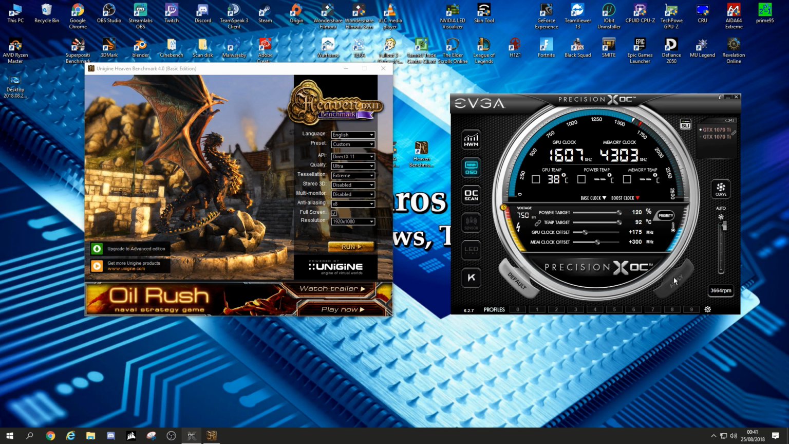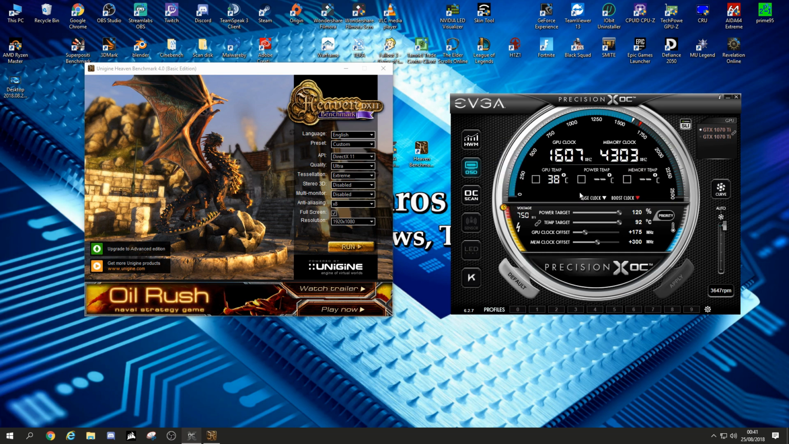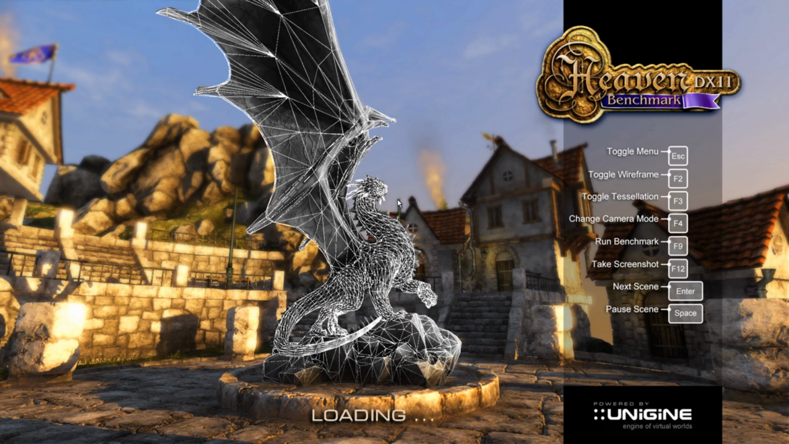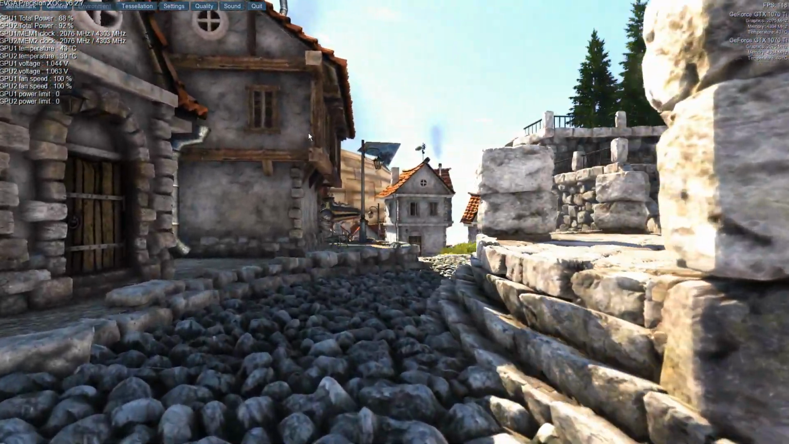However, back to this. I've jumped up the voltage, so this is basically telling my GPUs and the program to go 100% of the max voltage to the cards. And like I said, it's only about 0.35 millivolts per step, so I'm not adding a great deal to this card, so it's perfectly within its safe zone. Now I'm going to jump into Heaven, run it, and see what happens. So just let this